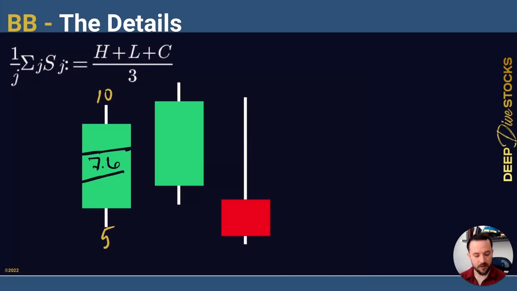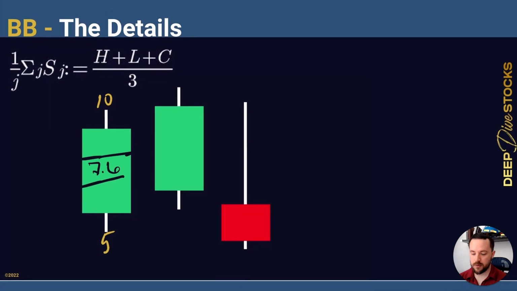Here we have a high of 12, a close of 10, and a low of 6, and these are mostly just made up numbers. And this gives us an average value of 12 plus 10 plus 6 divided by 3, and that's 9.33. Then here we have a high of 10, a low of 4, and a close of 5. And this gives us an average value of